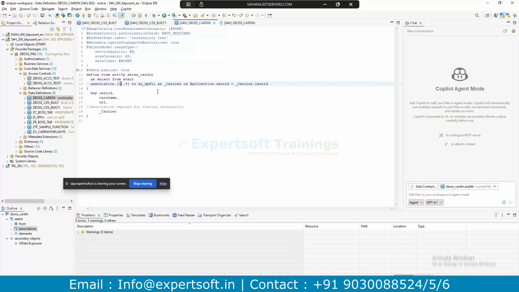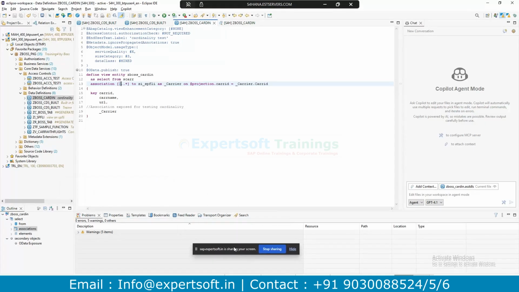So if you are a header and transaction, we use 1 to star. If it is a transaction to the master, for example, if that is to the middle master, then it will be 1 to 1. Something like we need to select, right? If it's normal, then better go with 0 to star. Yes, it's the safer side. No issues will come in that situation. No error will come.